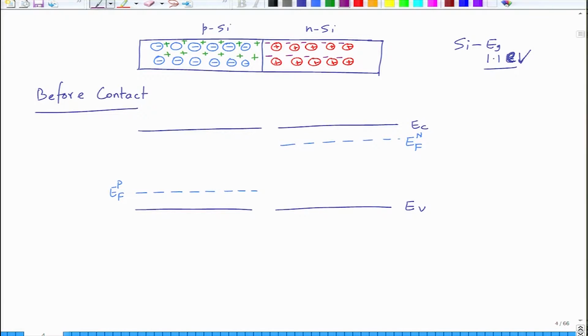So, what happens when you... and the intrinsic, sorry, I need to just draw the intrinsic Fermi level. The intrinsic Fermi level will be identical for both of them. So, this is EFI, all right. Now, what happens when you join them together? When you join them together, the thermodynamic requirement is that the Fermi levels of the two semiconductors must align with each other, and they must be constant at equilibrium. So, when you join them,